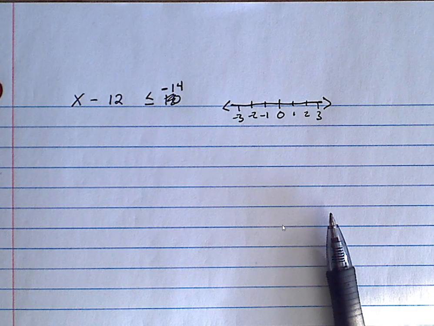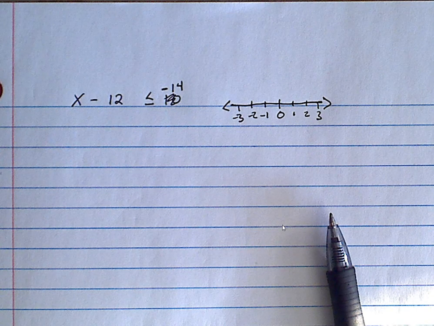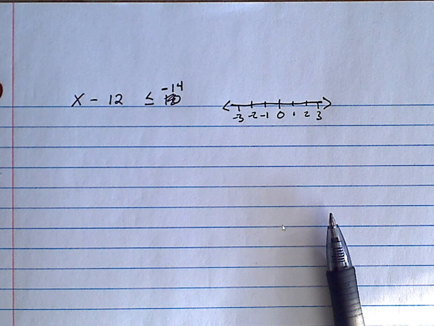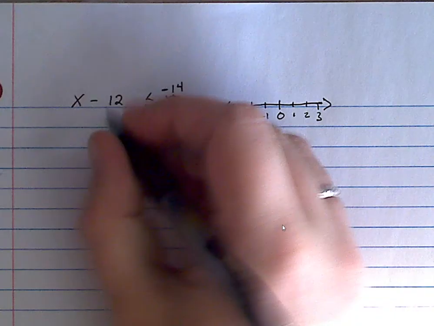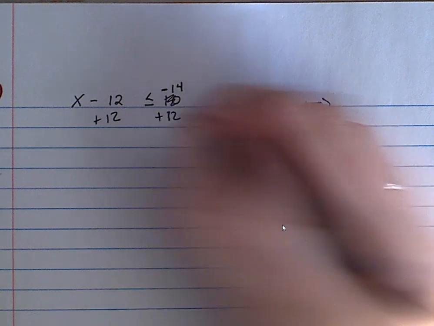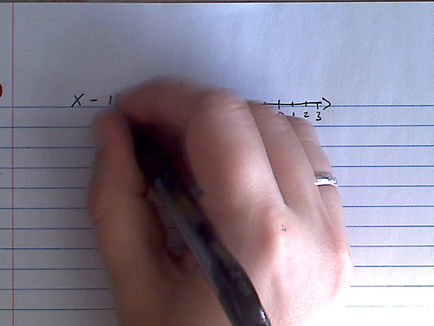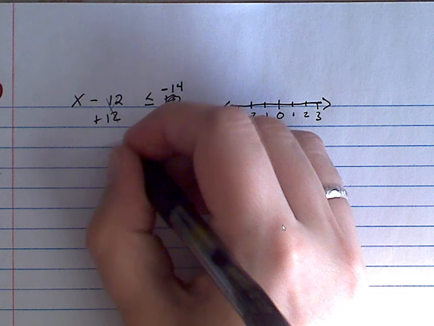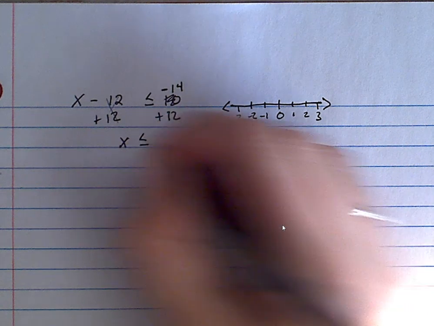All right, cool. So not too bad. I thought I'd throw more of you off than I did, so that's awesome. So in this one, you're going to add 12 to both sides, so plus 12, and then from here this cancels out, you've got x is less than or equal to negative 2,